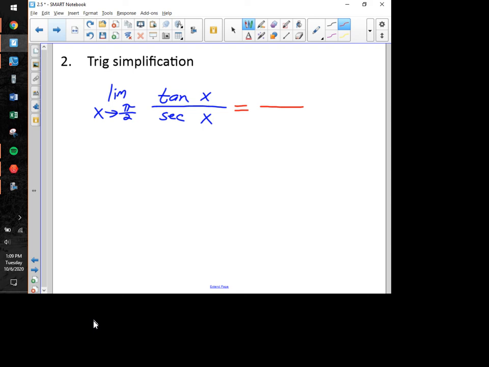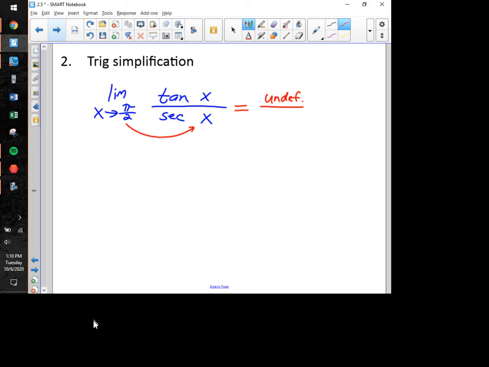What that means is that tangent is undefined at pi over 2, so right now you've got problems. I don't really care what the denominator is. The fact that your numerator is undefined means I'm not really going to get an answer to this problem. Although furthermore, if we were to try to take the secant at pi over 2, well, let's think about that